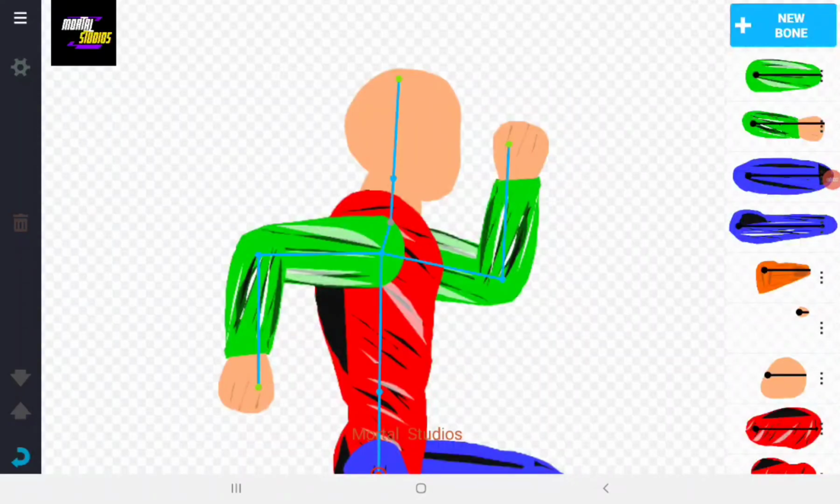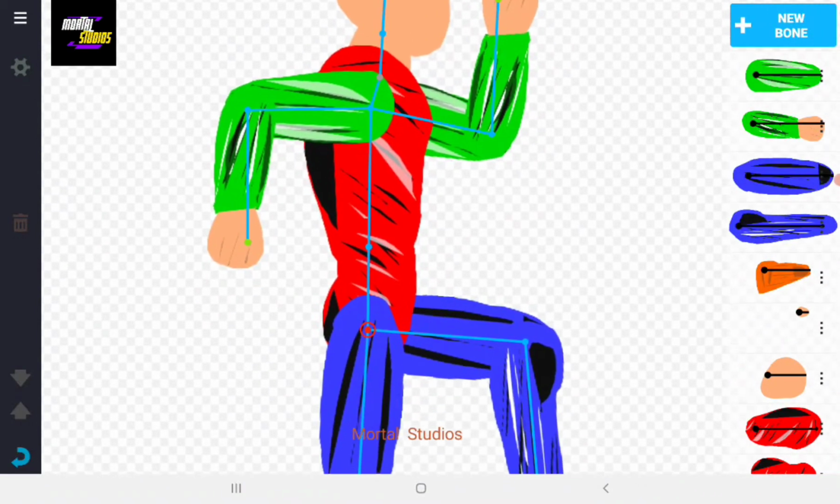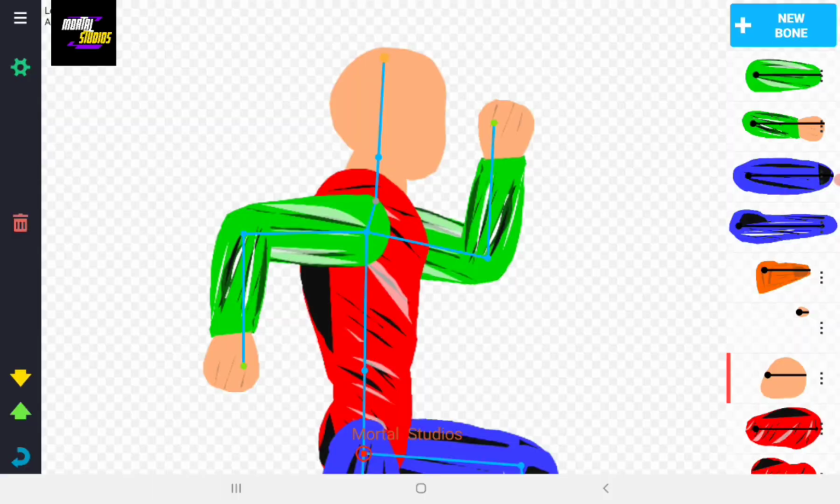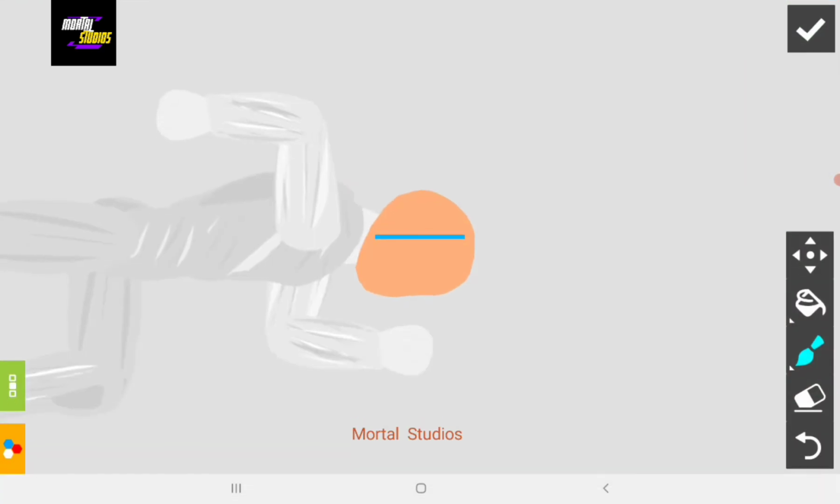Now that we're done with the hands, legs and the body of the character, let's jump to the head. So just click on the head, edit head, and this is a difficult part because the head is a little difficult, so we're going to zoom it in using this option here and that blue thing, and just zoom it in, zoom it out, or zoom it in. So we're done with this.